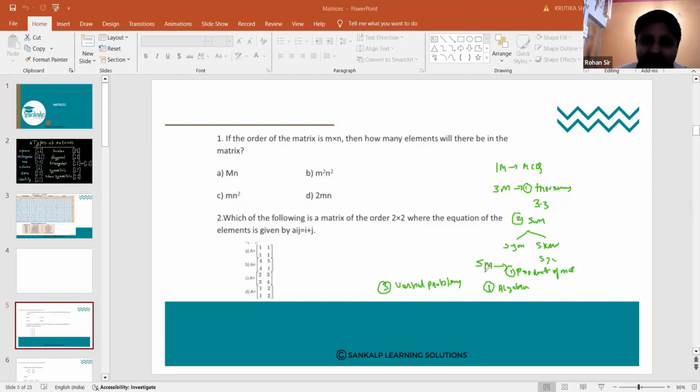This 5 mark question, the chances are there from exercise 3.2. Whatever the solved examples and exercises in 3.2 and 3.3, questions may occur from those. For the 1 mark question you need to focus on exercise 3.1. And for the 3 mark question you need to focus